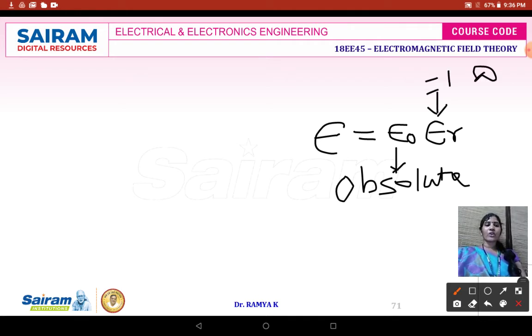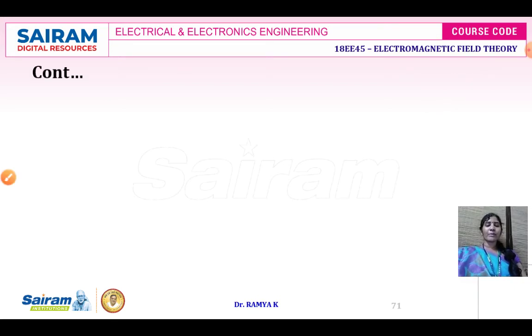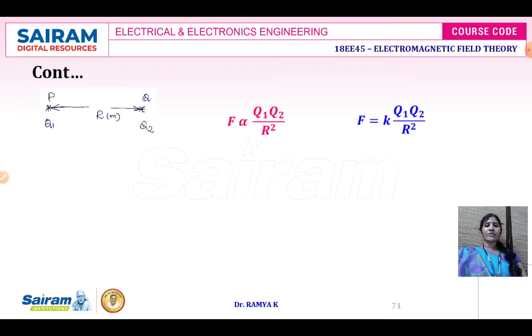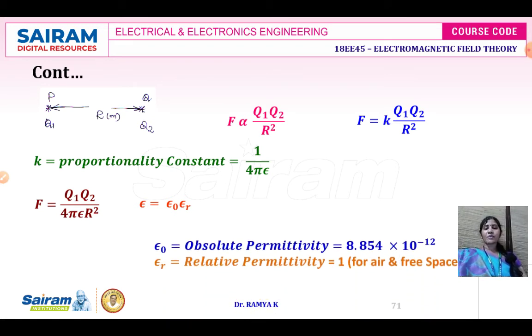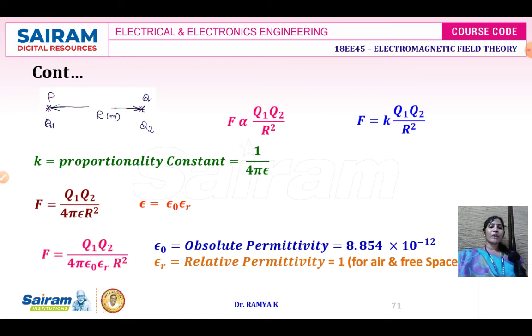This is equal to 1 in air or vacuum. So depending upon whether it is air or vacuum, this epsilon r is going to vary. Depending upon the dielectric material, it is going to vary. So I can write F is equal to 1 divided by 4 pi epsilon, where epsilon is epsilon naught into epsilon r, and the absolute permittivity is 8.854 into 10 to the power of minus 12. So this is your Coulomb's law of electrostatics. If you have only one charge, then the force of attraction or repulsion is going to happen like this. Suppose you have n number of charges, consider that more charges are available.